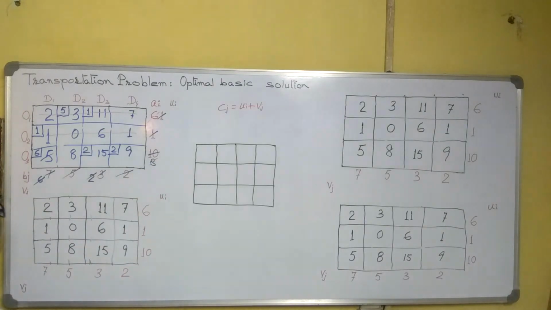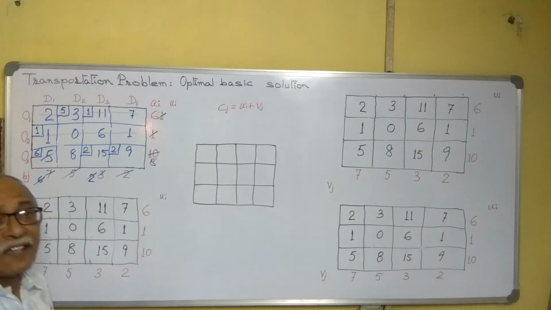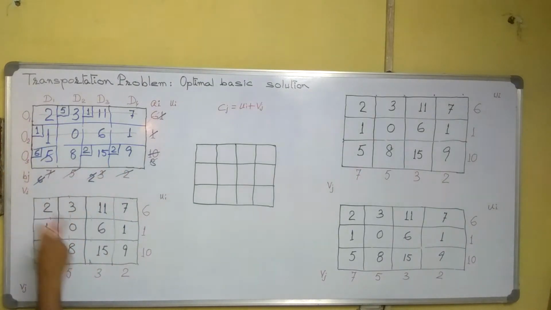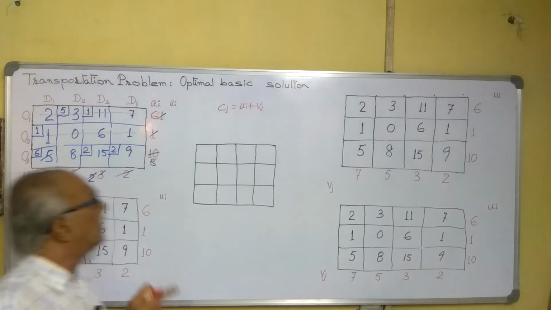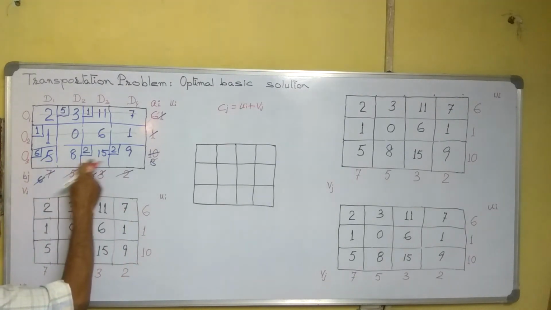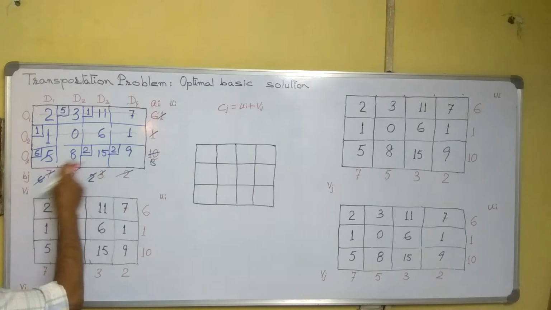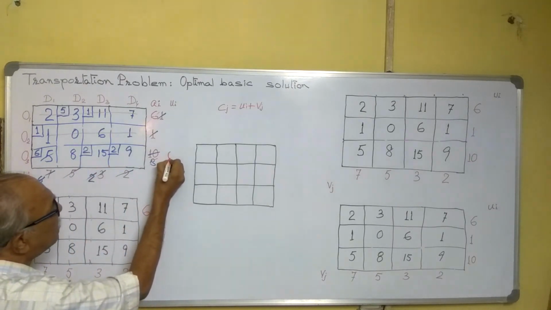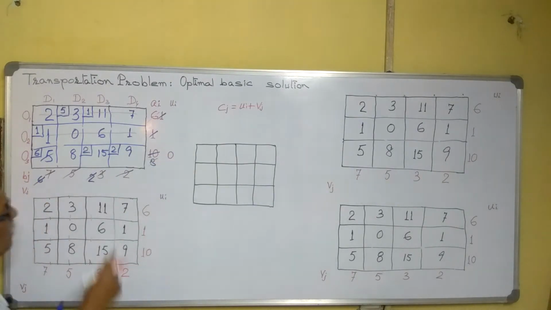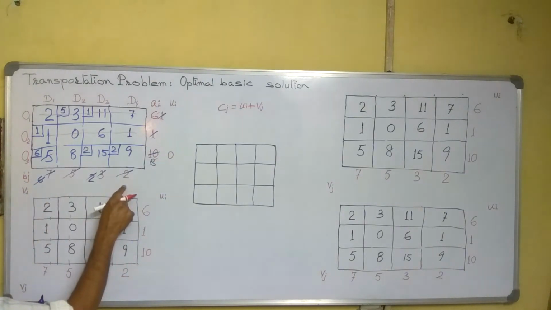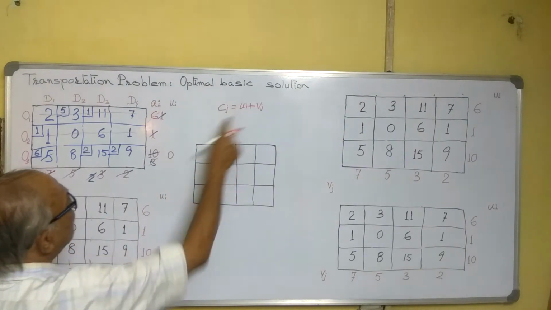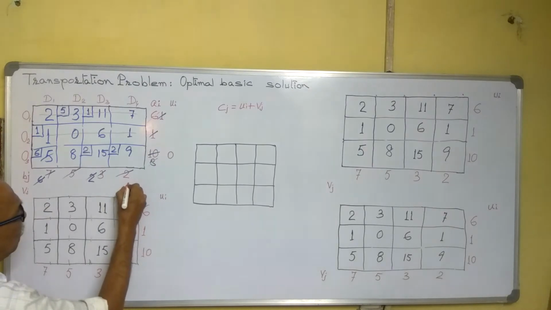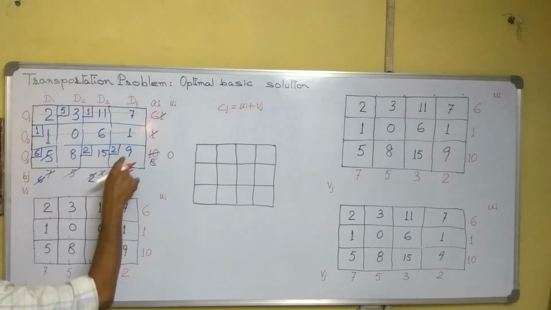Now here, for that we will adopt a technique. Listen carefully. See in which row or which column maximum allotment is there. Maximum allotment is there in this row. So there are 3 allotments. Consider it randomly. You have to consider this one as 0. Now we have to find 0 plus some number, ui plus vj. ui is 0 plus vj, somewhere it becomes 9. So we will take 9, 0 plus 9 is 9.